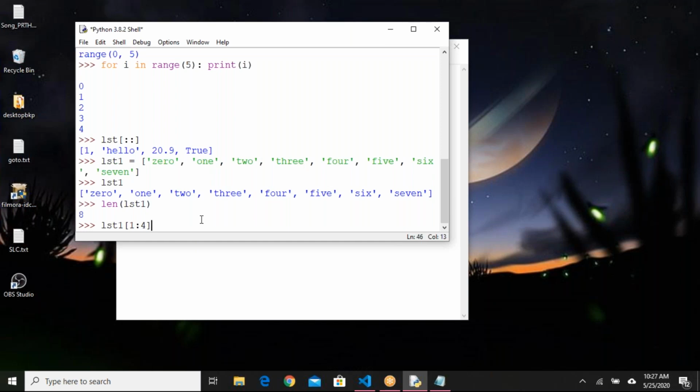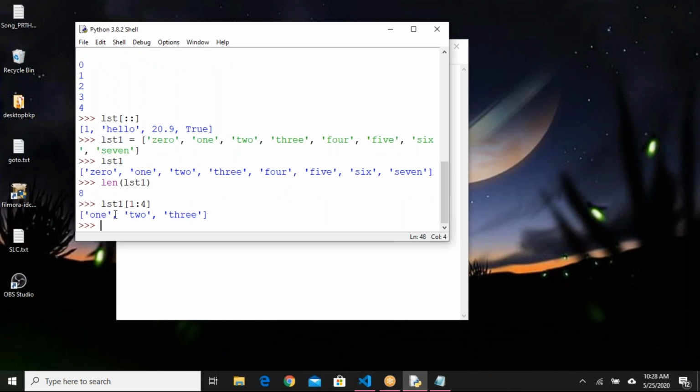That means if you say 1 as your starting index, index 1 will be considered. Here we said 4. 4 will not be considered. Up to 3 only it will consider. Let me press enter. See here, 1, 2, 3. 3 elements returned from this slicing operation.